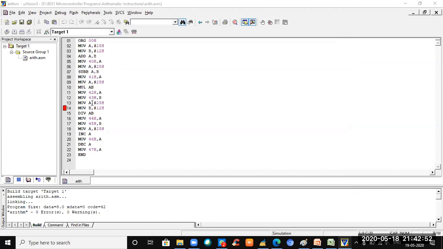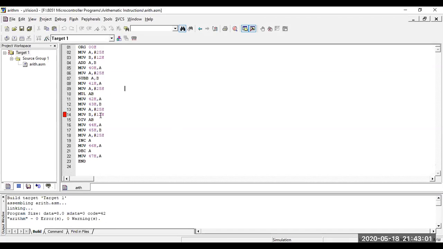And next you are initializing A with 25 and B with 12, and dividing. So DIV AB means 25 divided by 12, you are getting the quotient as 2 and remainder as 1, since 2 times 12 is 24. So quotient will be saved in A, remainder will be saved in B. Whatever the quotient in A, you are moving into the direct address 44 and remainder into the direct address 45.